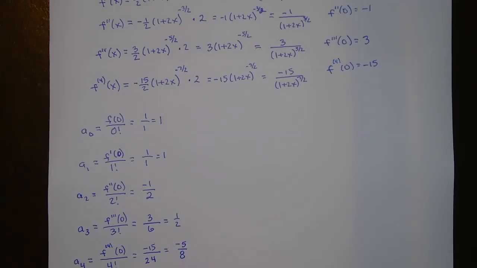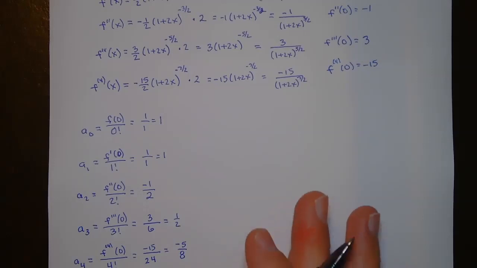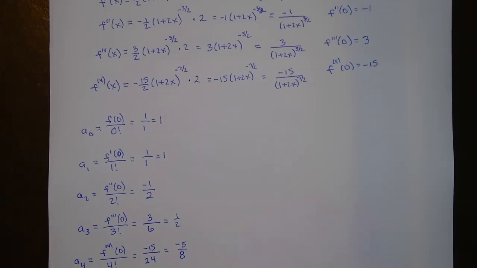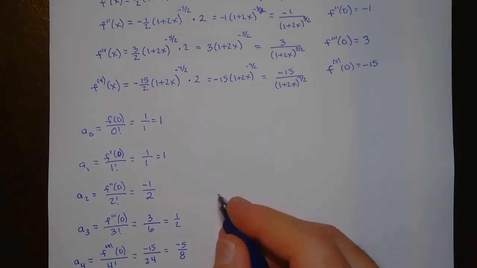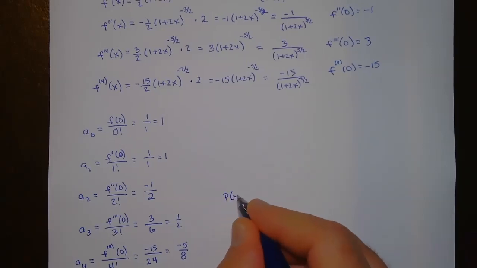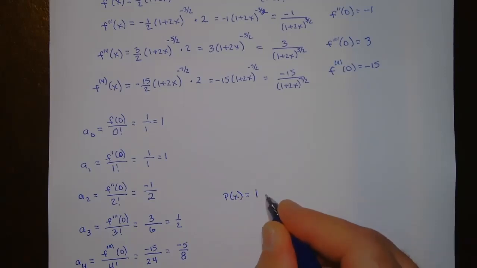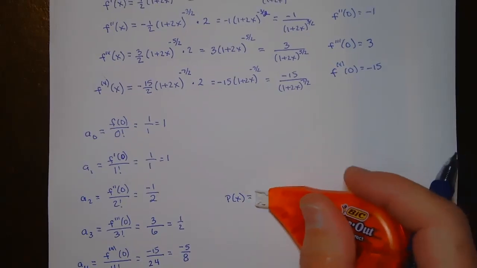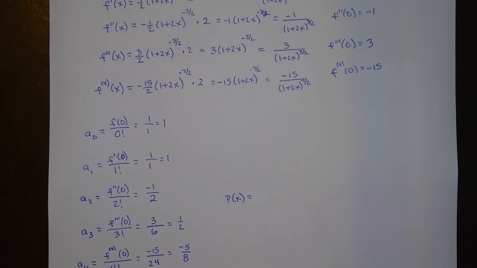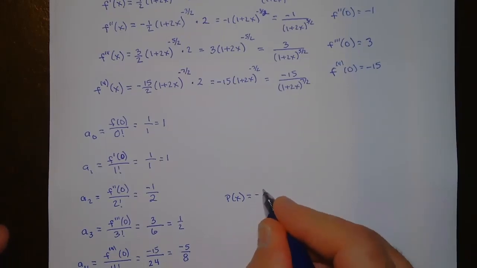Okay, so use a method from the previous example to find a fourth degree polynomial. Because we found a sub 4, that's the coefficient for x to the fourth, so that would be the fourth degree. So p of x would equal a sub 0, which is 1, or I told you, right from highest power to lowest power. If you wrote it the other way, you would not be wrong. It's just normally written from the highest power to the lowest power. This is the highest power right here, the a sub 4. So that'd be negative 5/8